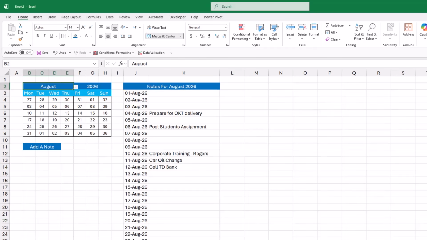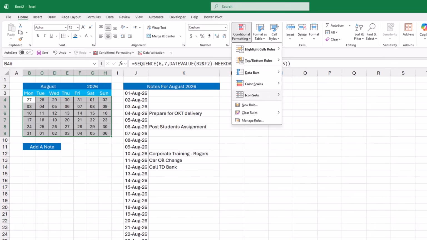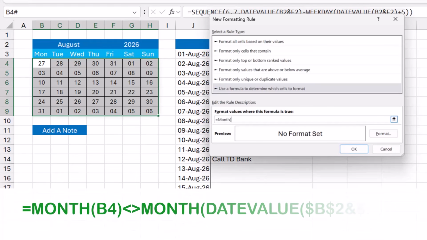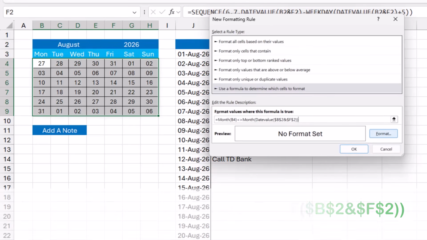To create my first conditional formatting rule, I select the range, and then I click on Conditional Formatting, New Rule, use a formula. So I type equal MONTH, I open bracket, and I want the month of cell B4, the first day in my calendar, and I want it as a relative cell reference. If the month of cell B4 does not equal the month of the DATEVALUE of B2 and F2, I click on B2, I type a joining operator, and I click on F2. These are absolute cell references. I close the bracket for the DATEVALUE, I close the bracket for the MONTH,